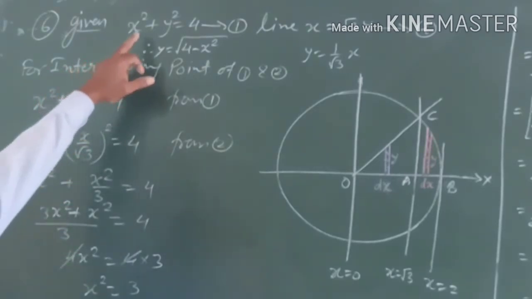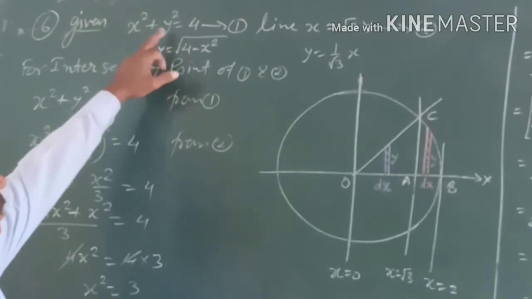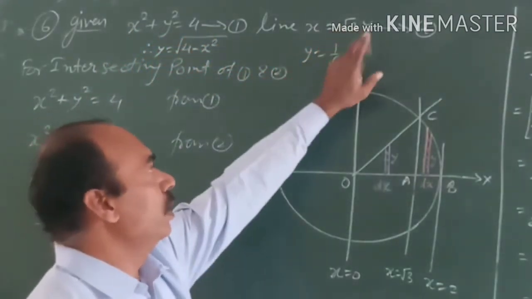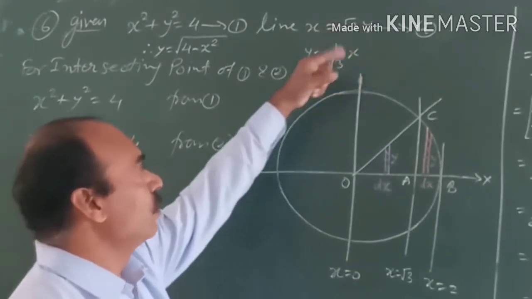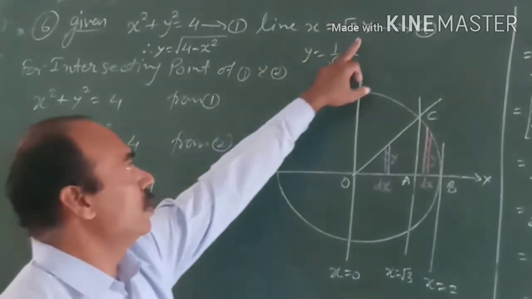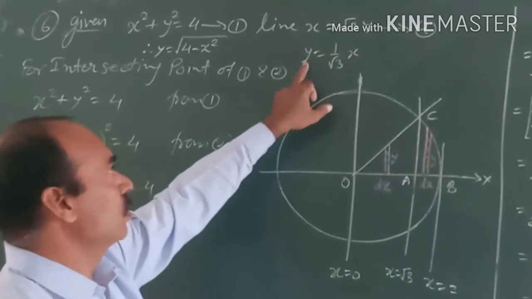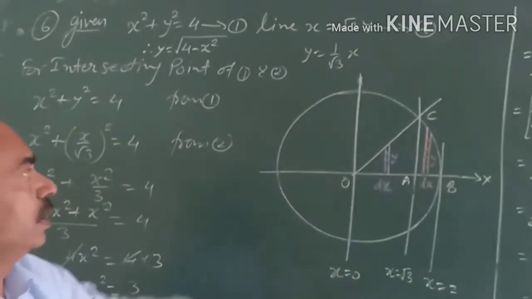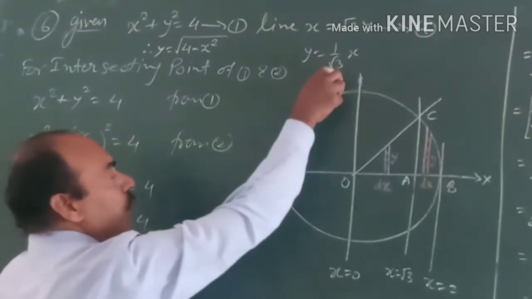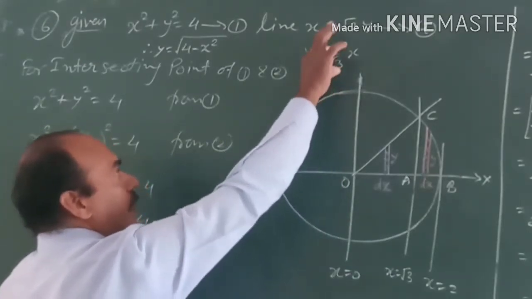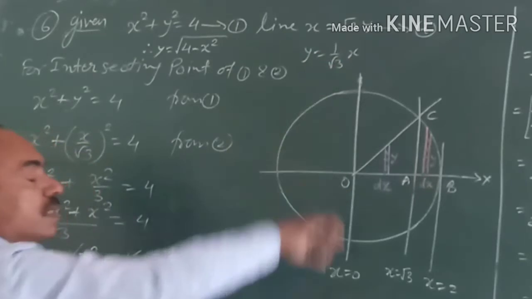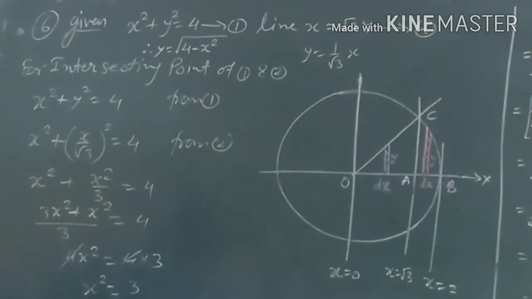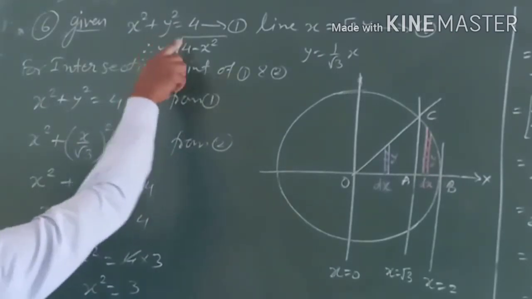So in this question we are given the equation of the circle x square plus y square is equal to 4, and the line x is equal to root 3 y. If we convert it into y is equal to mx plus c, so y is equal to x divided by root 3, so y is equal to only mx. It means this line passes through the origin, and here the slope is 30 degree. 30 degree means tan theta, it means tan 30, which is 1 by root 3. So it is the slope of this line, and this is the circle.